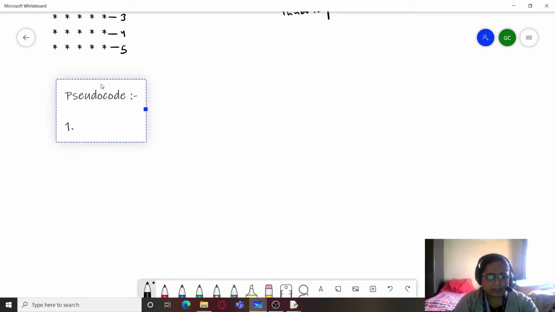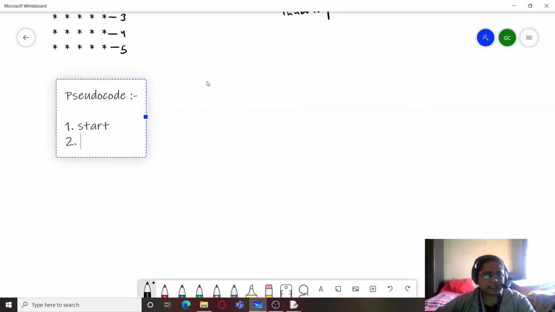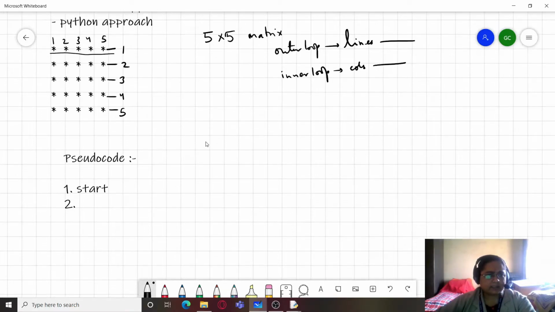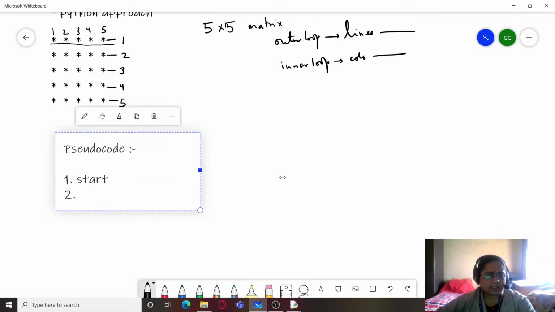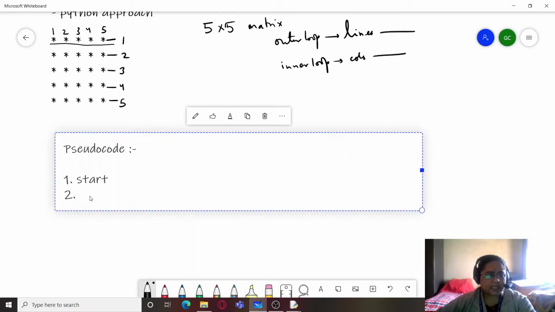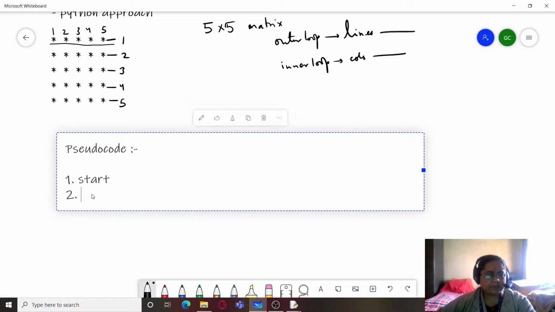So first step is start. Second step will be, now you can already see that this is a star pattern which is printed in the form of a matrix, right? So outer loop will be handling the number of lines, and we know that there are how many lines? 5 lines.